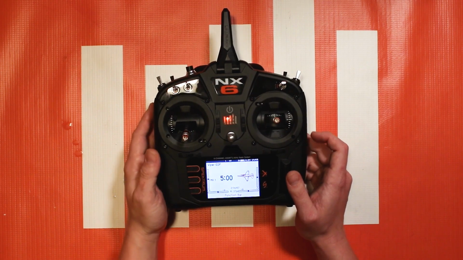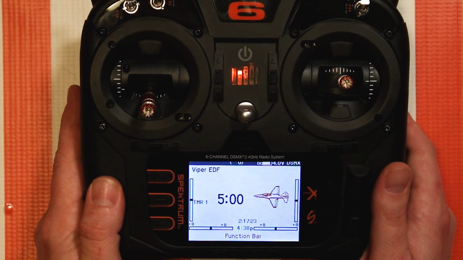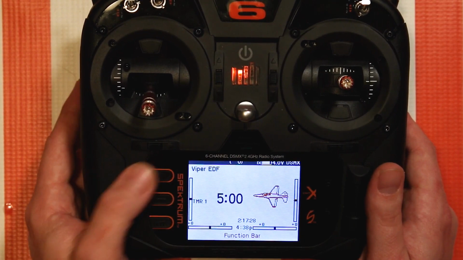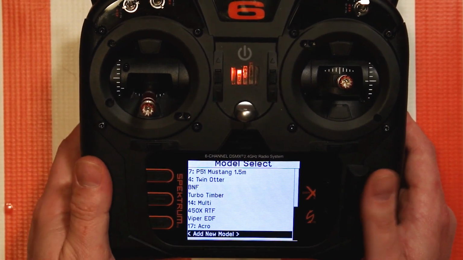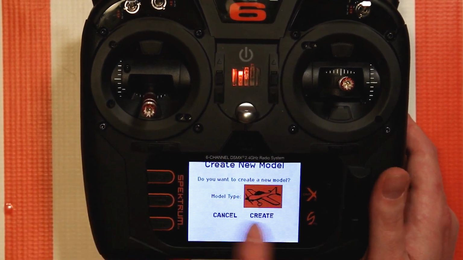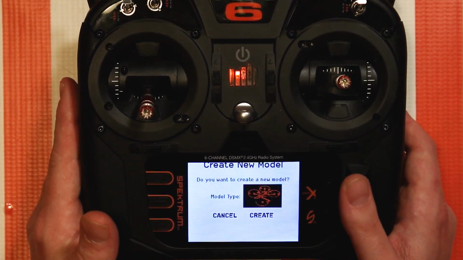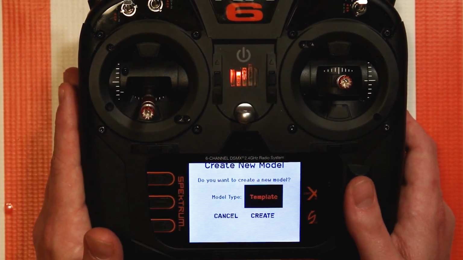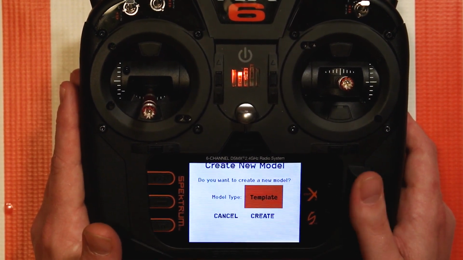Let's go ahead and zoom in on the screen so you can get a better look at what I'm doing. Okay, so one really quick, easy way to do this, and one thing that I love about this radio, and really the DX radios in general, is if you press the clear and back button, it'll go to the model select screen, and you go to add new model. If you go to this box, see how it highlights the airplane there? You can change the model type. You can change it to a helicopter, sailplane, drone, quadcopter, or you can go to template or bind and fly. If we go to template and hit create,